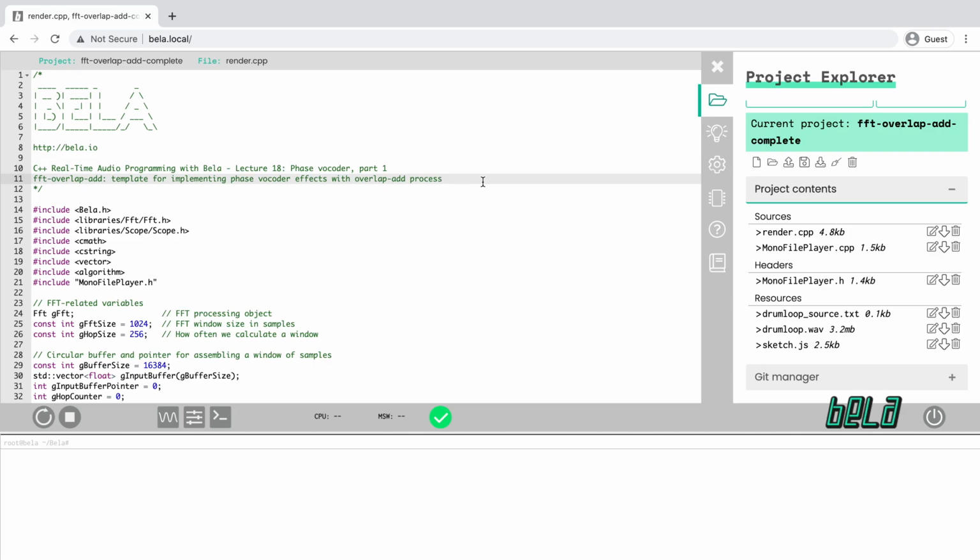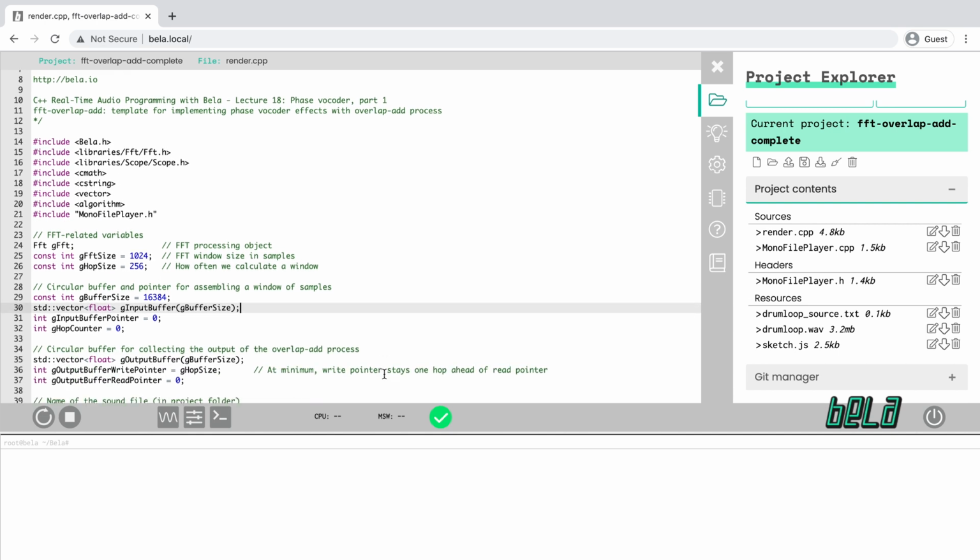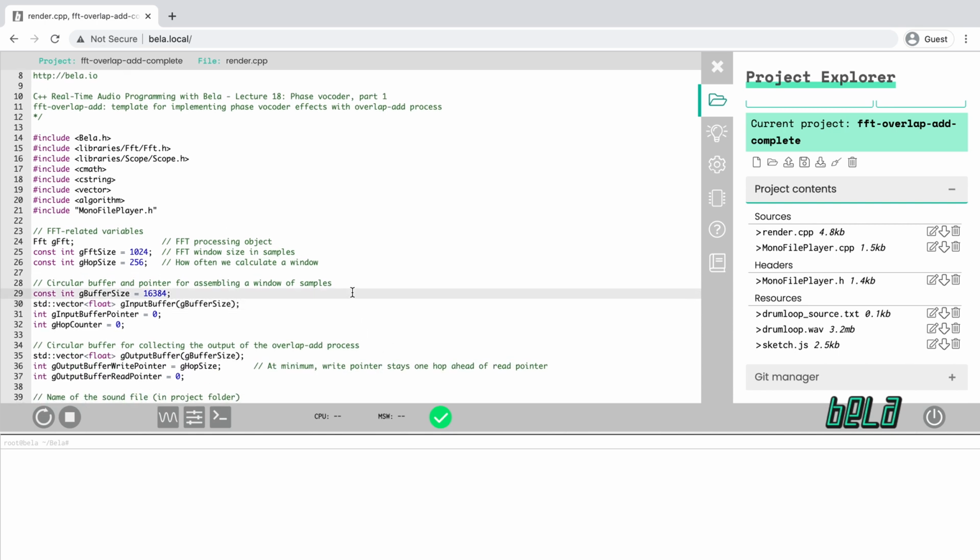Alright, here we have the completed FFT overlap add example. Let's just start by looking at some of the global variables that have been declared for us. We have the FFT processing object, which we saw in the previous lecture, and we have declared our FFT size, which is 1024 samples, and our hop size, which is 256. We also have our input buffer, which we discussed in the previous lecture, and its size, which is considerably larger